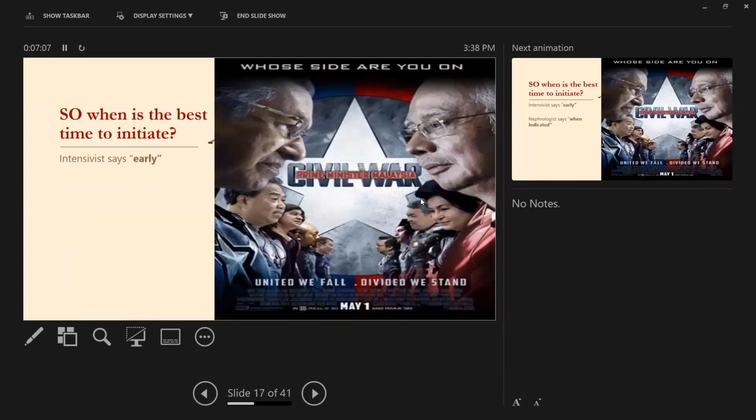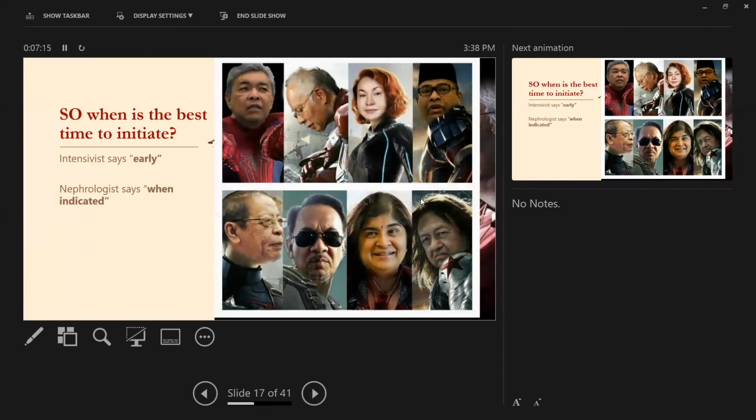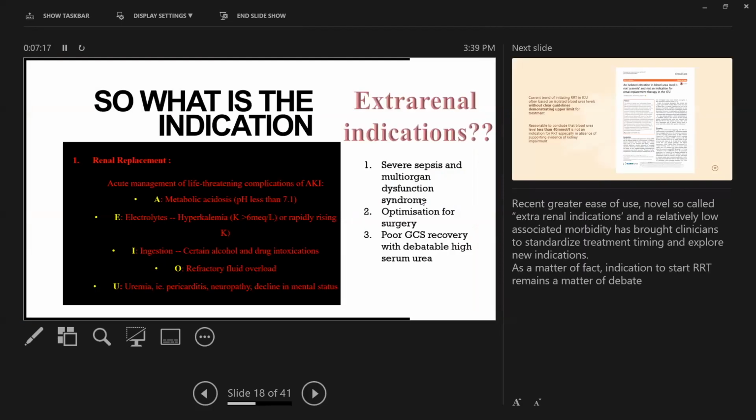So when is the best time to initiate? The intensivist says early, meanwhile the nephrologist says when indicated. So what are the indications? Because we all know, we previously learned a mnemonic for this, AEIOU, for the acute management of life-threatening complications of AKI, such as